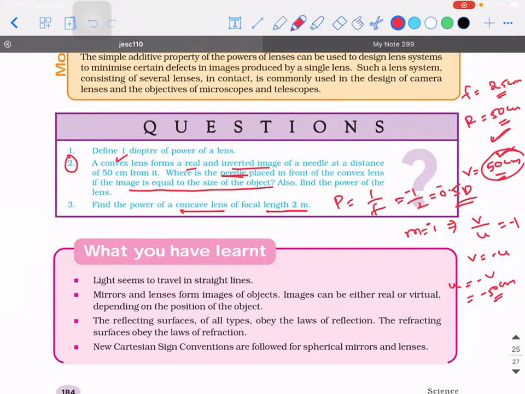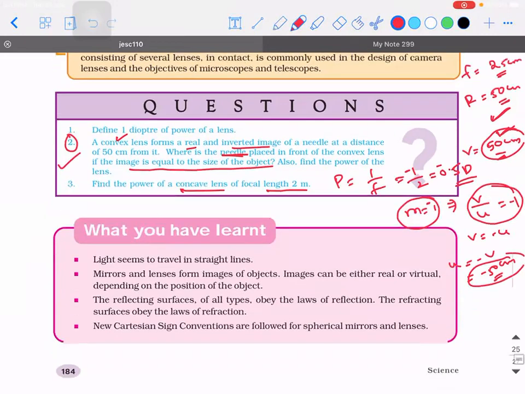Sir, I have a doubt, sir. Yeah, tell me. Magnification is V by U, sir. We have put minus V by U. Where did I put minus V by U? Here? Is this what you're asking? So the answer should be 50 now, sir. Minus 50. For which one? You're asking about the second one? Yes, sir. Okay, I'll repeat it again.